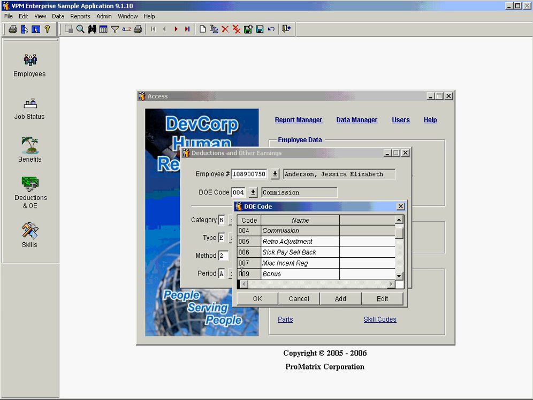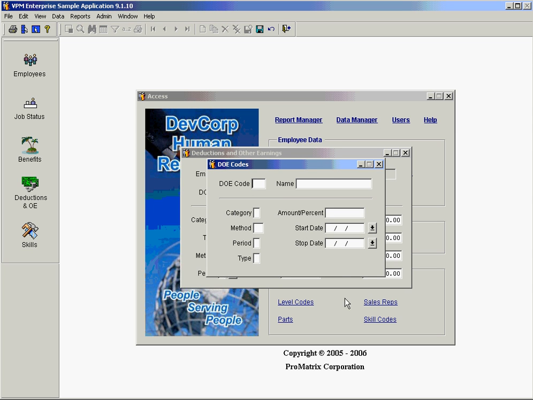For instance, if the code 008 is missing, instead of exiting and going and finding the form that allows me to add to this particular table, I can simply click Add, create the record, and